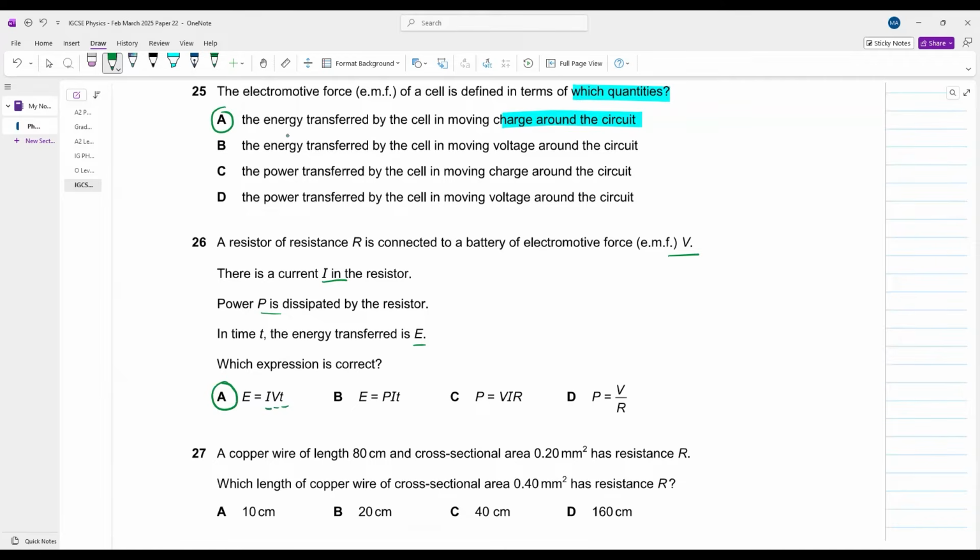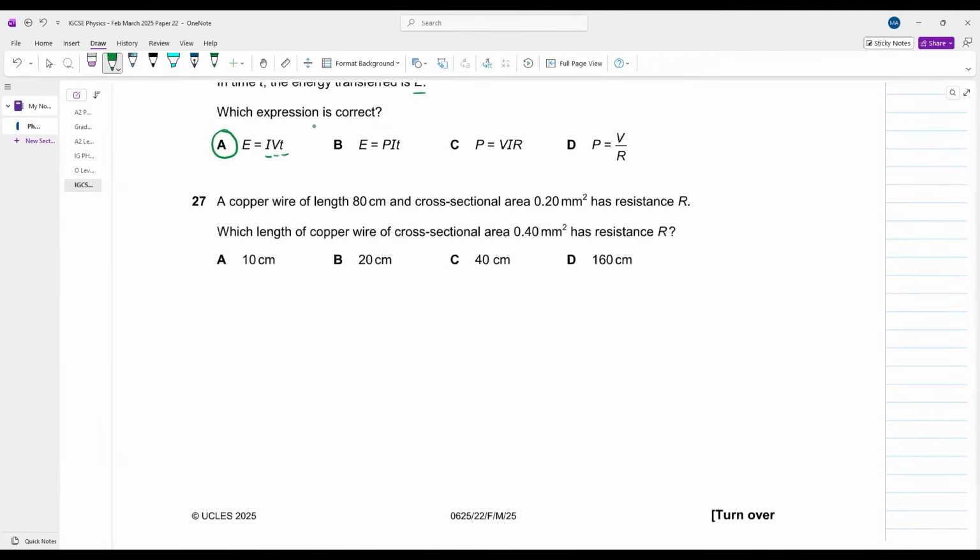Simple. Nothing complicated here. The length of a copper wire is 80 centimeter and cross-sectional area is this. It has a resistance of R. Which length of copper wire has a cross-sectional area of 0.4 millimeter squared and has a resistance of R? Okay, let's see. There is a copper wire whose length is 80 centimeter, cross-sectional area is 0.2 millimeter square. The resistance is R. Now,